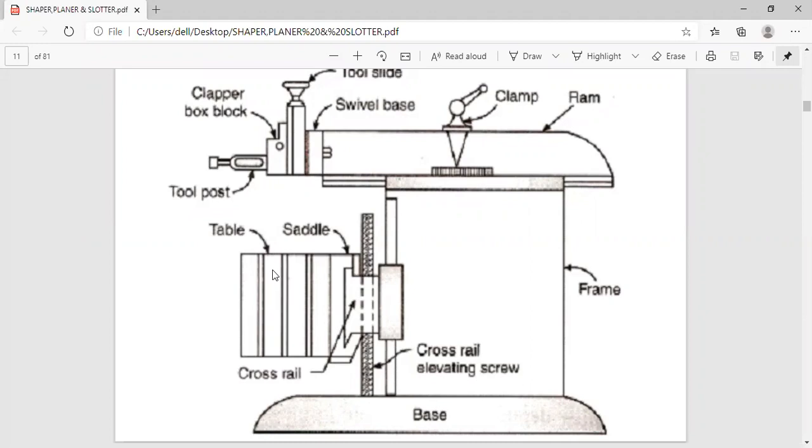The table may be of different types and designs. There may be a plane type with vertical and cross feed motions. All that is very important. Then the universal type with horizontal, vertical and angular motions. Why does the word universal come?